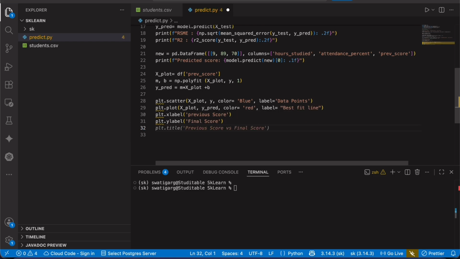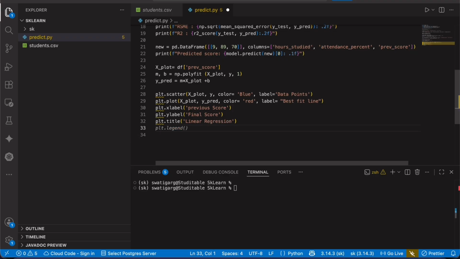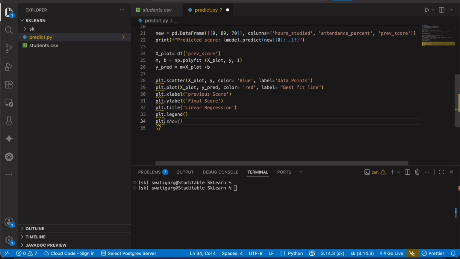Okay, and then the title of the whole plot should be linear regression because that's the model that we are using here. And then we have used plt.legend here.